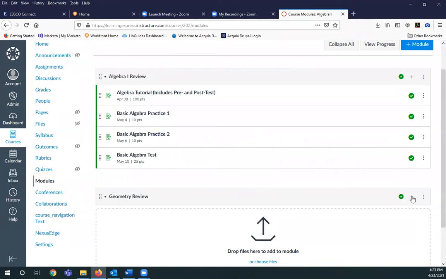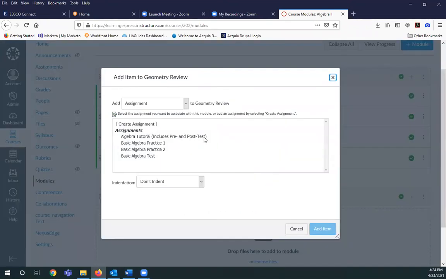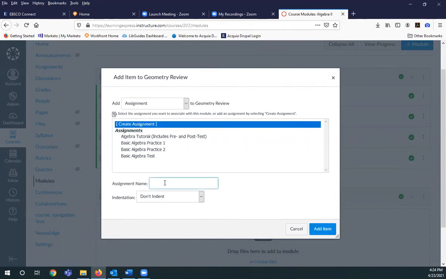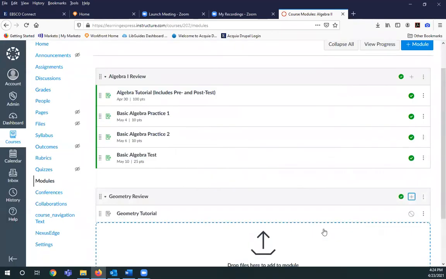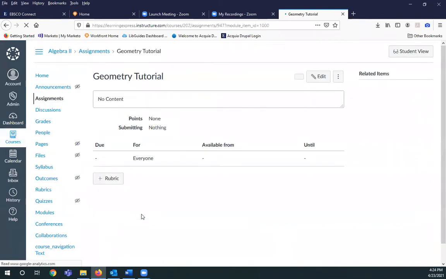To create an assignment, click the plus sign, highlight Create Assignment, give the assignment a name, and click the Add Item button. The item will appear as an assignment in your course module. Next, you will need to add PrepSTEP. Click the assignment link,